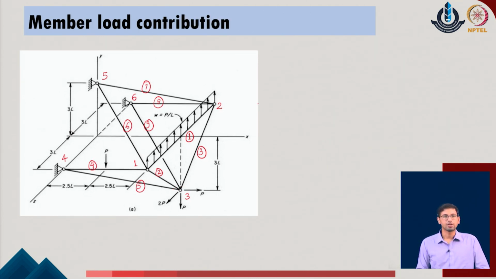As a next step, we go to the member load contributions. Now, when we look at the member load contributions, we see that there are 2 members which are subjected to member loads. One is member 1, which has a vertical load, and the second is member 4, which is also having a vertical load in the given system. Interestingly, in this problem both the loads are active in the direction of y. So, I'll first consider member 1. As a simplistic case, I consider the member in this manner.